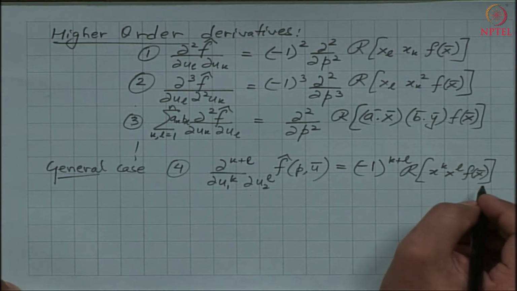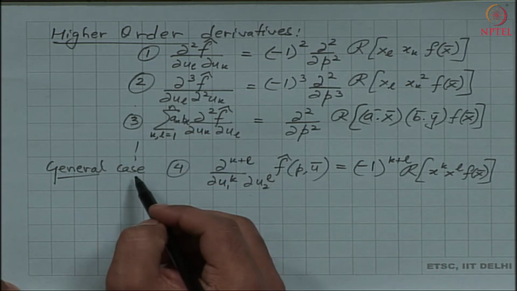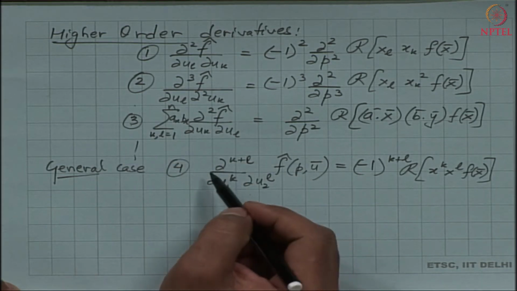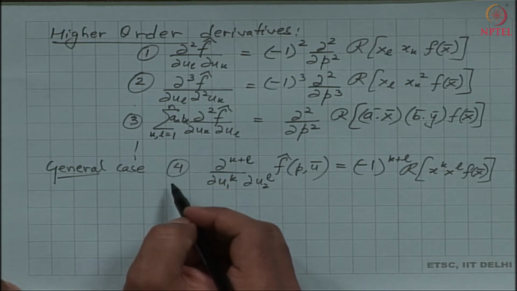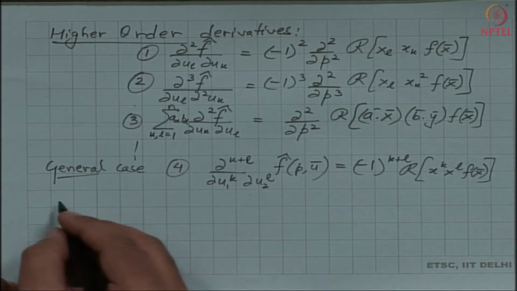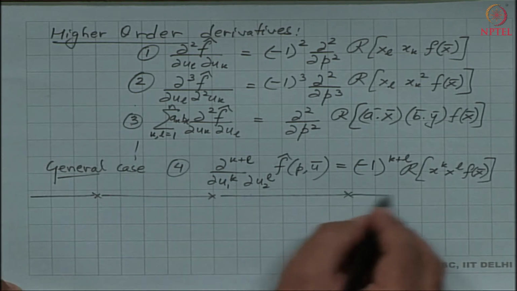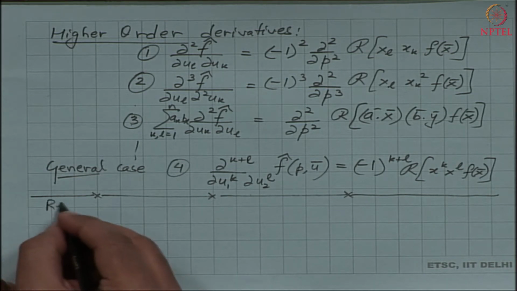Okay. So, that completes the basic outlining of the properties of the derivatives of the Radon transform. That is all I had to say about the derivatives of the Radon transform. Well, there is one more result that I would like to highlight, the result on the integral of the Radon transform. So, in general, let me just state the result.